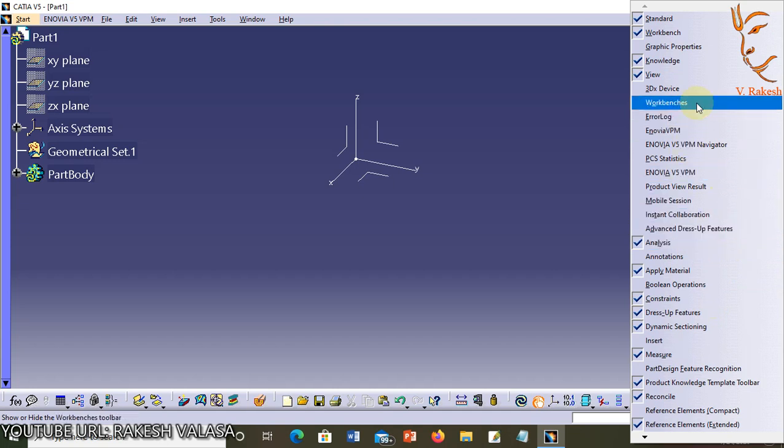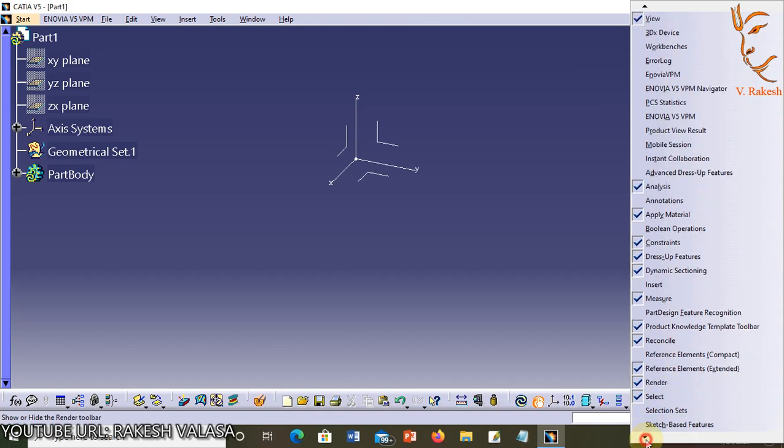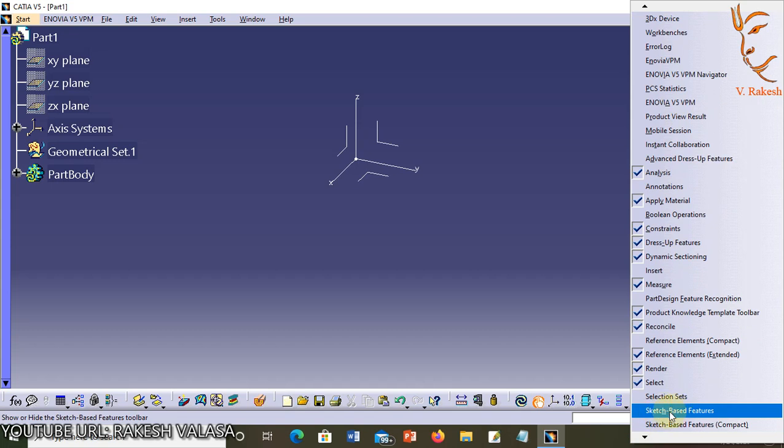Notice that some tools are already selected and some are not. Each tool can be toggled on or off just by selecting it. For example, I am selecting Sketch Based Features.